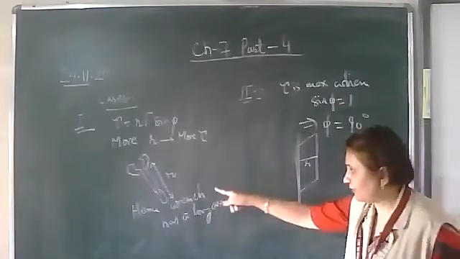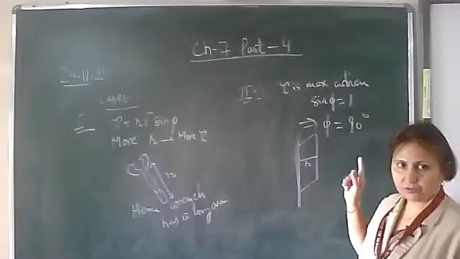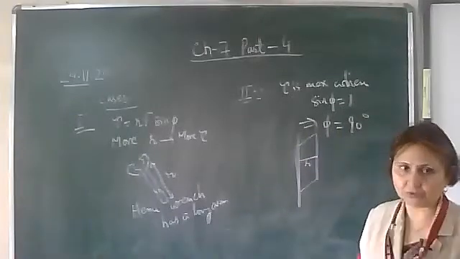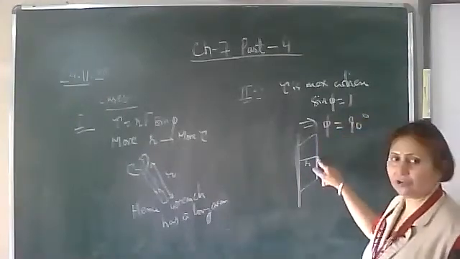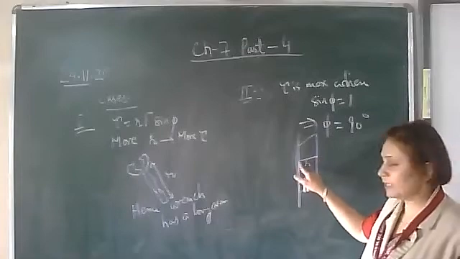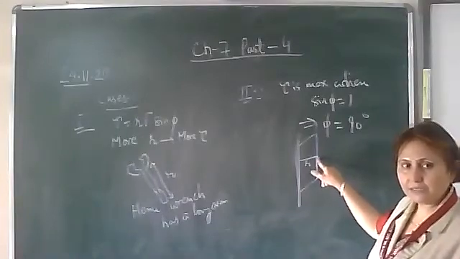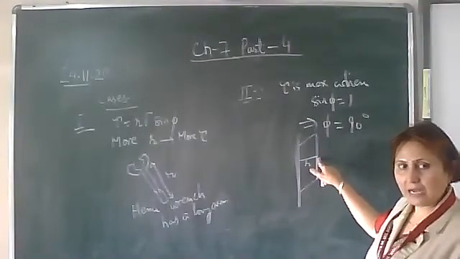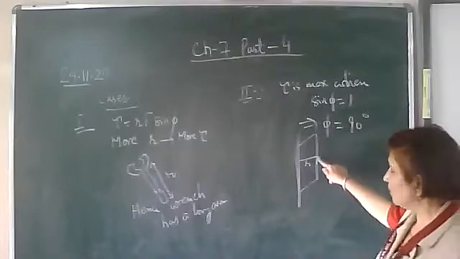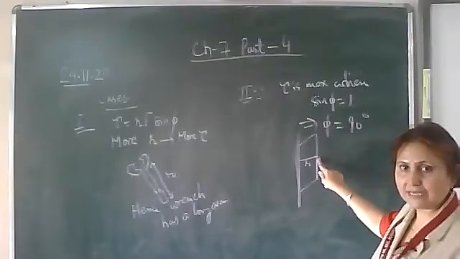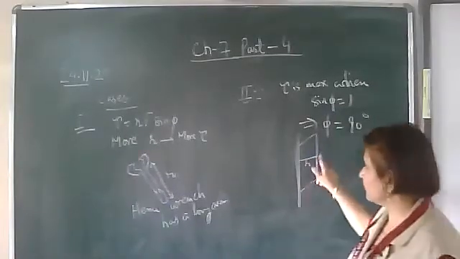Okay, also the first case could be seen over here also. R should be more. Whenever you open or shut the door, where do you apply the force? You apply the force at the edge of the door. You are not opening or shutting the door by applying the force over here. You apply perpendicular to R and also you apply the force at the edge of the door. Whenever you open or shut the door, you will open it from here, not at a point here. So the force is applied over here.